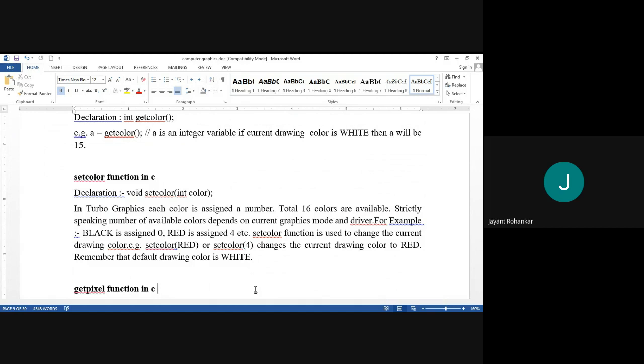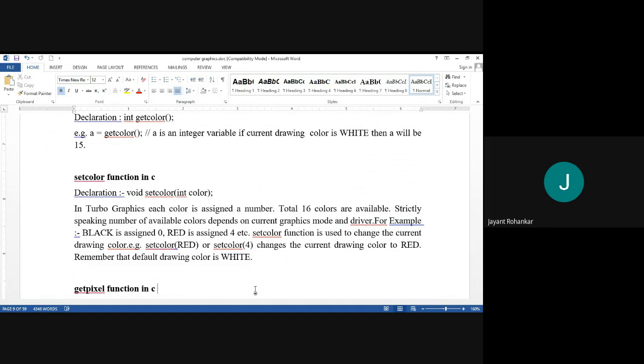Like that, each color has a specific number, and accordingly we have to put the color to draw that particular color in a particular shape or object. Total 16 colors are available. Strictly speaking, the number of available colors depends on the current graphics mode and drivers available in the system. For example, black is assigned 0, red is assigned 4, etc.